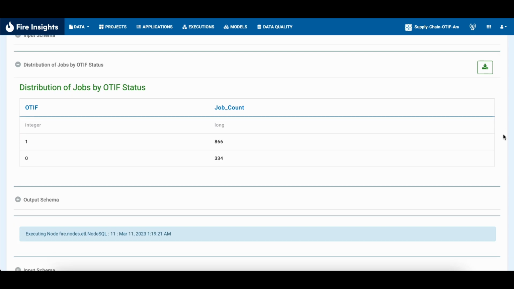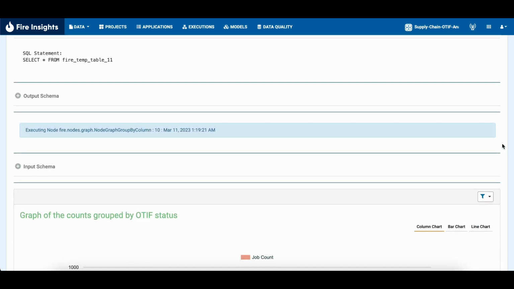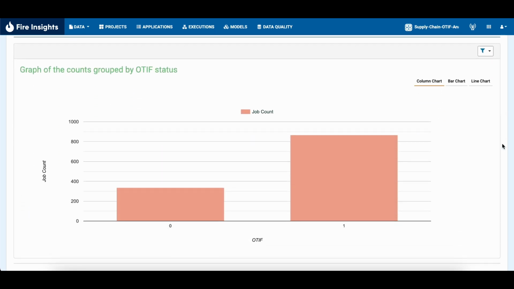Next, we have the distribution of jobs by OTIF status. Here we can see that we have 866, or a vast majority of our jobs were produced on time in full. This is represented by a value of 1 in our OTIF column. A value of 0, therefore, means that they were either late or missing. We also have a graph